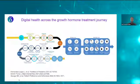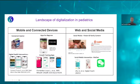First of all, I would like to give you an overview of the landscape that we actually have in digital health within the context of pediatrics. As you can see on the left, it has been quite a long time, more than 10 years, that in the context of growth hormone treatment, you have connected injectors that allow transmitting data from the injections so that the